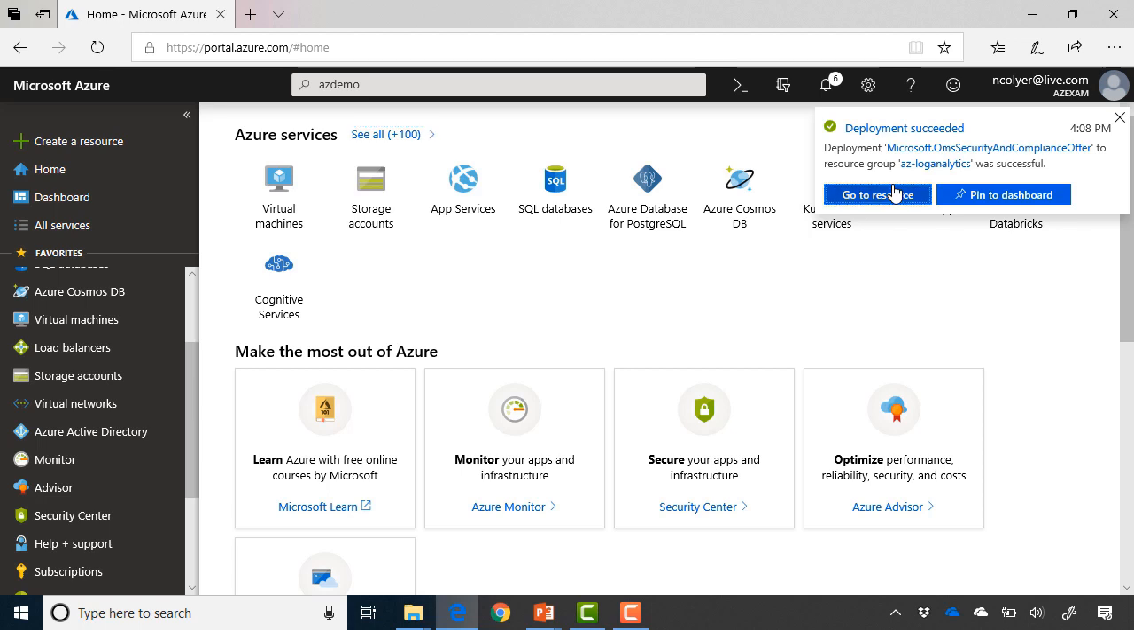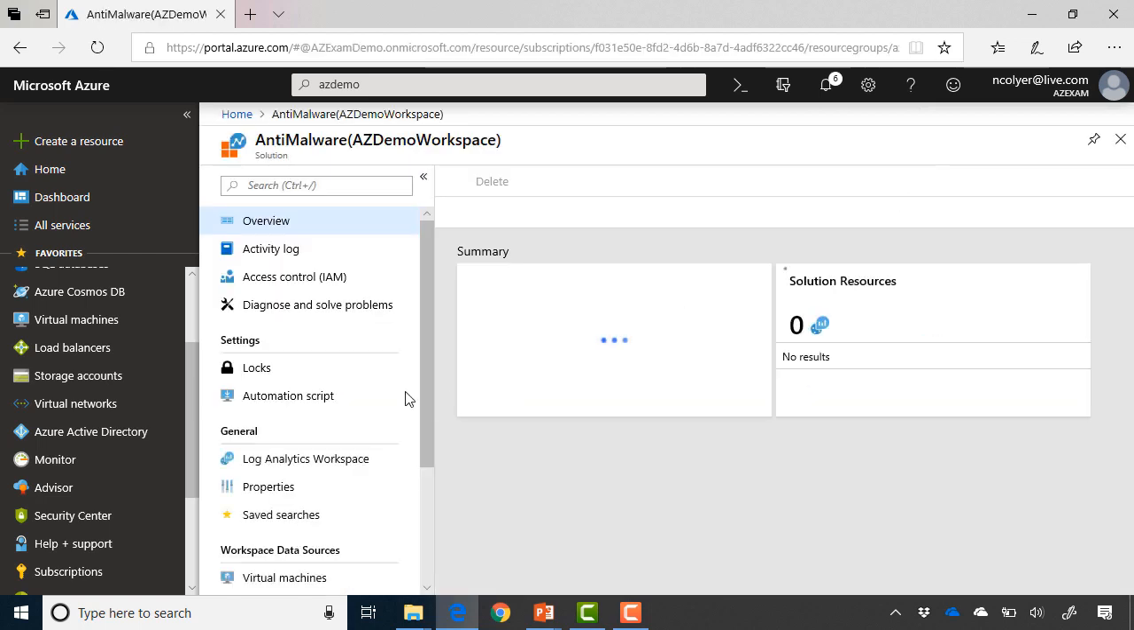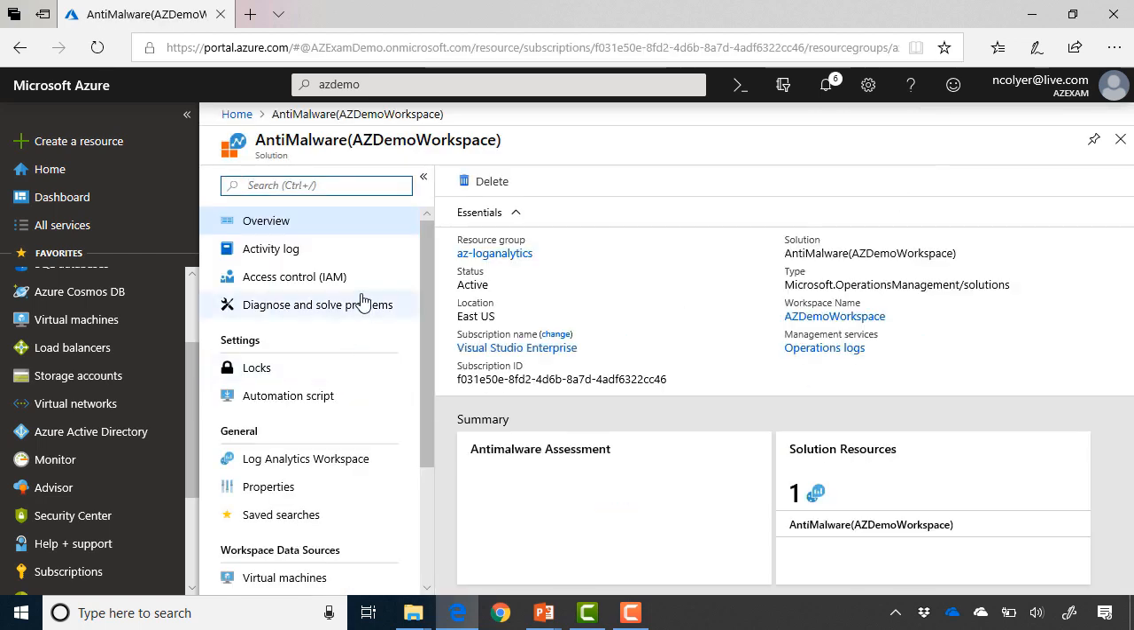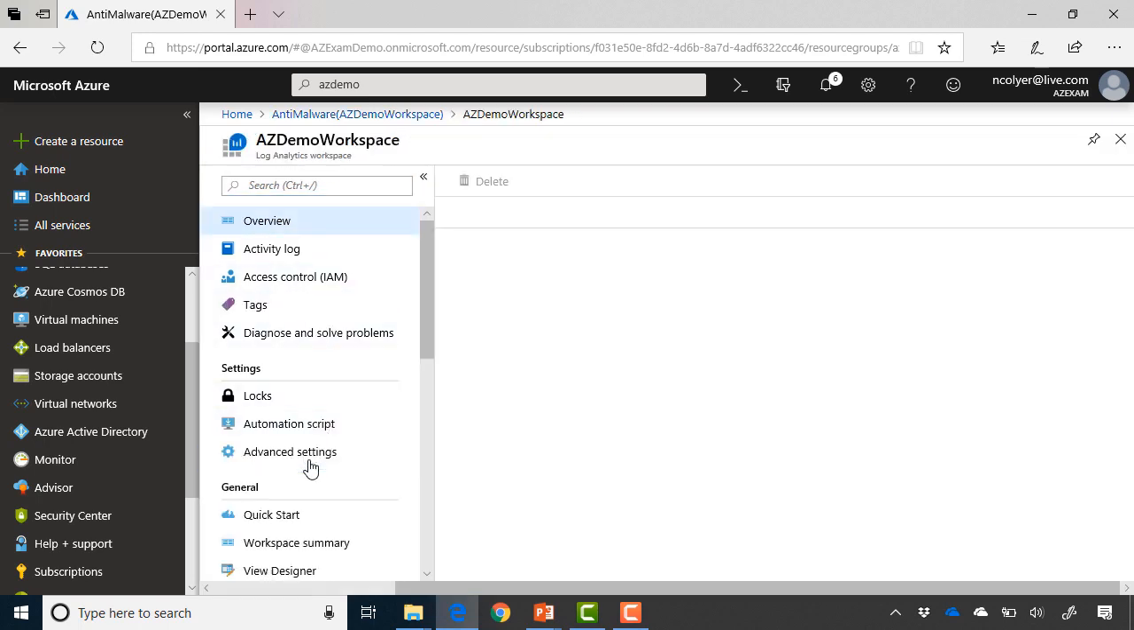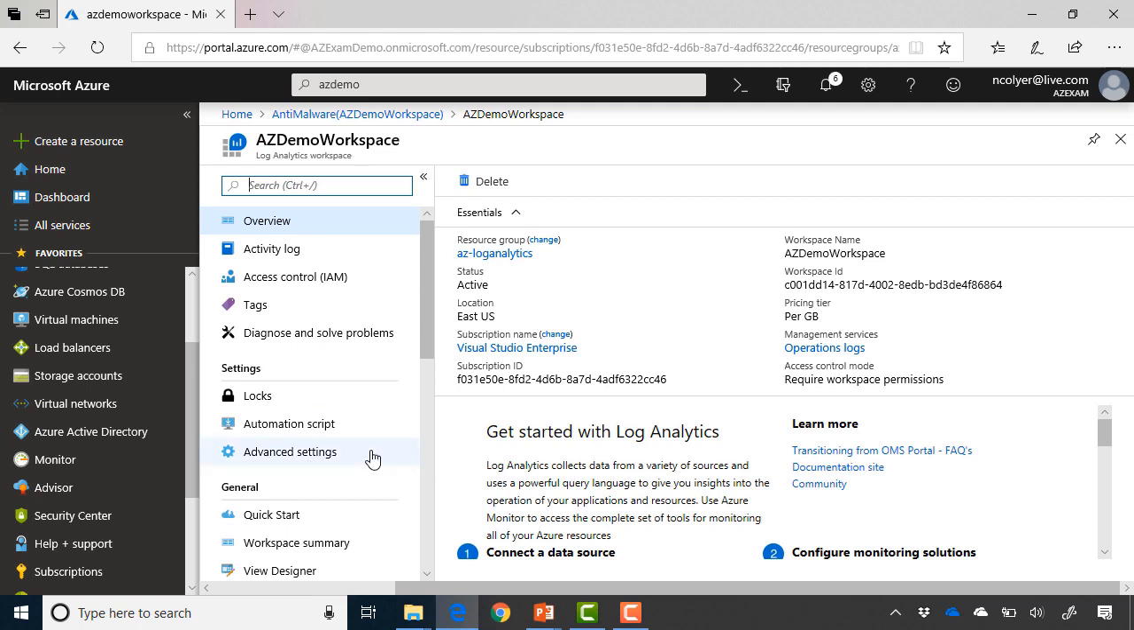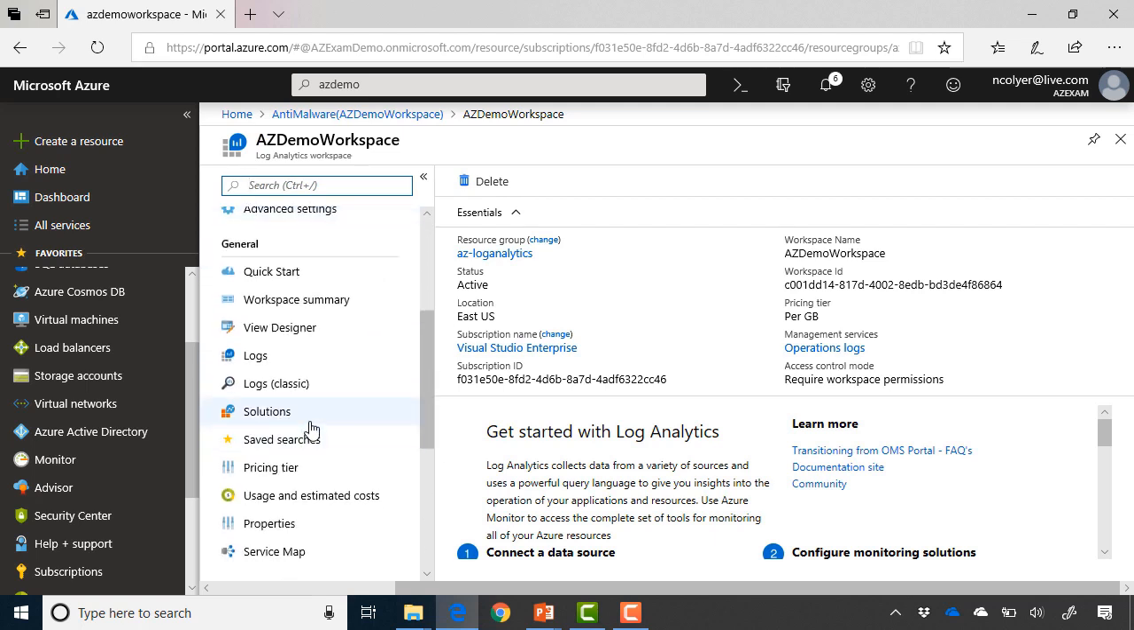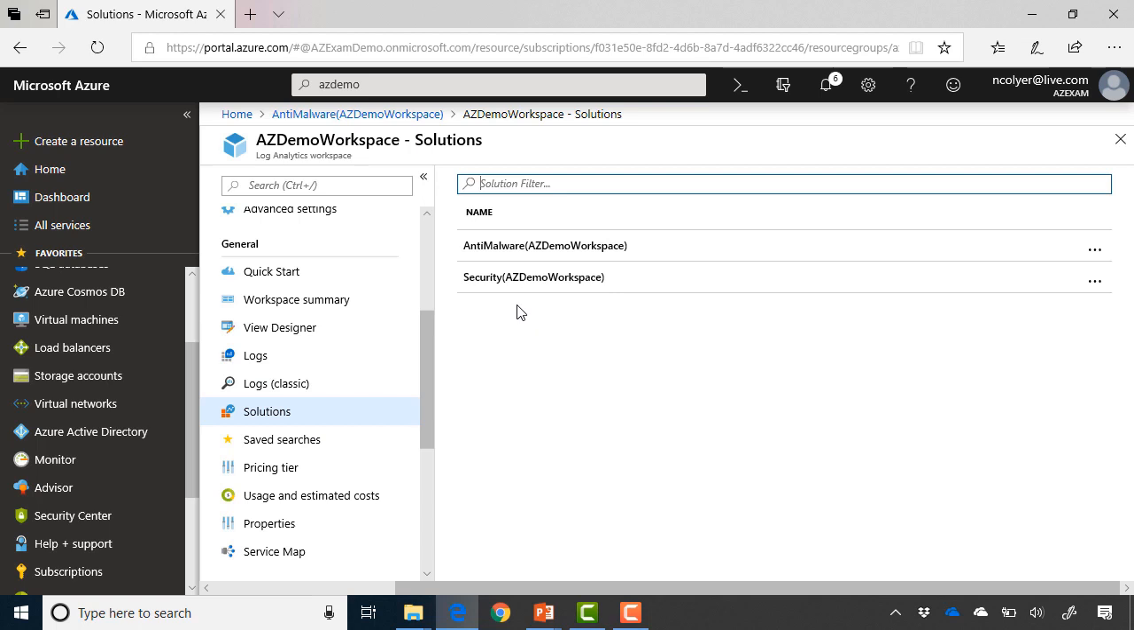Okay, and that's completed, so we'll go to that resource, and to access it, we go to the workspace and then into solutions, and then we would select, in our case, this anti-malware solution there. Now again, just to remind you where to get to that, we can go back to the Log Analytics Workspace. Sometimes you get a few blades deep and it's hard to find. If you're in the workspace, scroll down, go to solutions, and there you will see that security and anti-malware solution